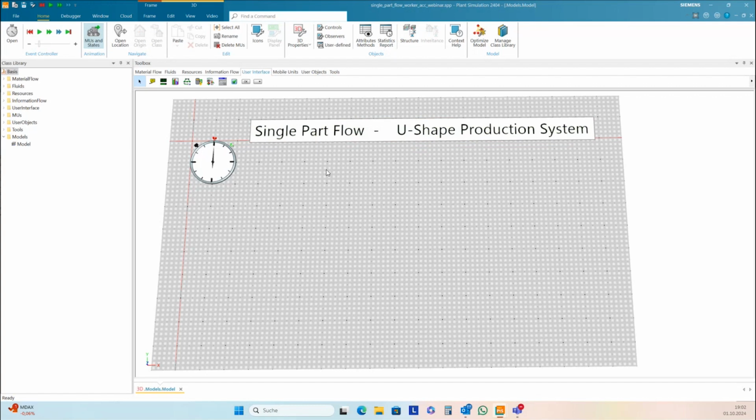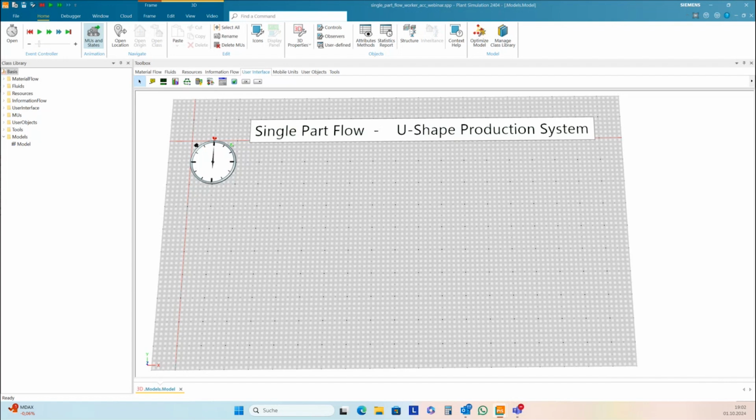Single part flow means that the worker needs to process his part from the start to the end. And if you have several workers in the same U-shaped production system, then each worker has to do every step of the processing for his part until the end.